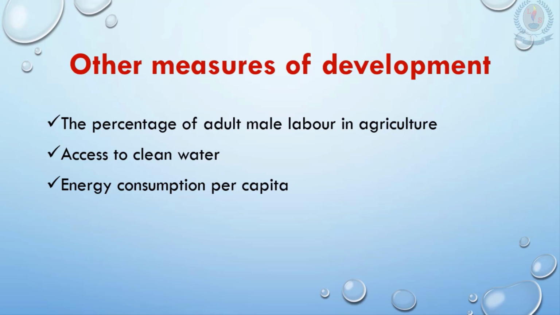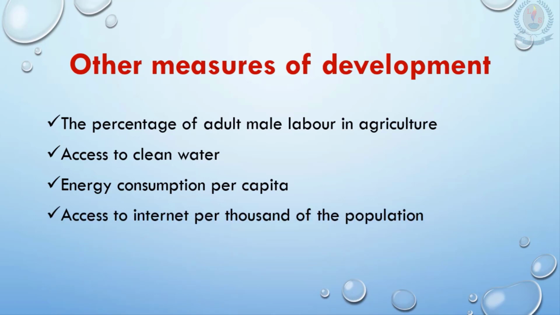Energy consumption per capita. Industrialization is one important strategy to promote growth and development. Moving resources away from agriculture into industry means energy use is increasing. Energy use has grown rapidly in low and middle income countries, but high income countries still use almost 5 times as much energy per capita.